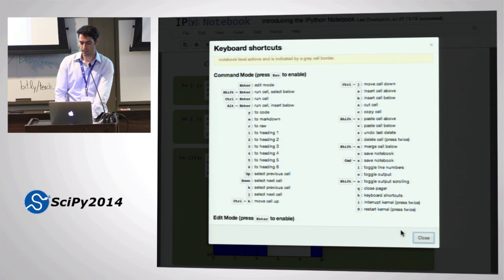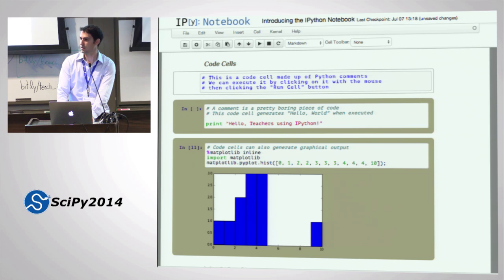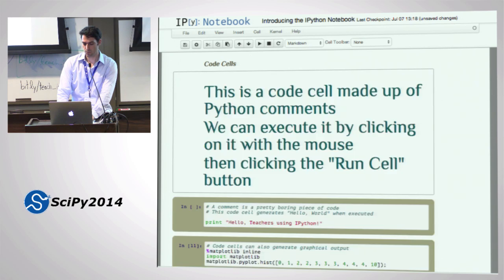So if you want it to be something else, you tell it what it will be. And so I'm going to give you an example. I'm going to click Close. And I'm going to turn this code cell up here into a Markdown cell. So I'm going to press Escape to make sure I'm in command mode. And then I'm going to just hit M. Okay? And you see how that's been turned into it looks different now. And if I hit Shift Enter, which is another command, or Control Enter, right? These are both ways of saying execute this code. Does anybody know why this just got huge?